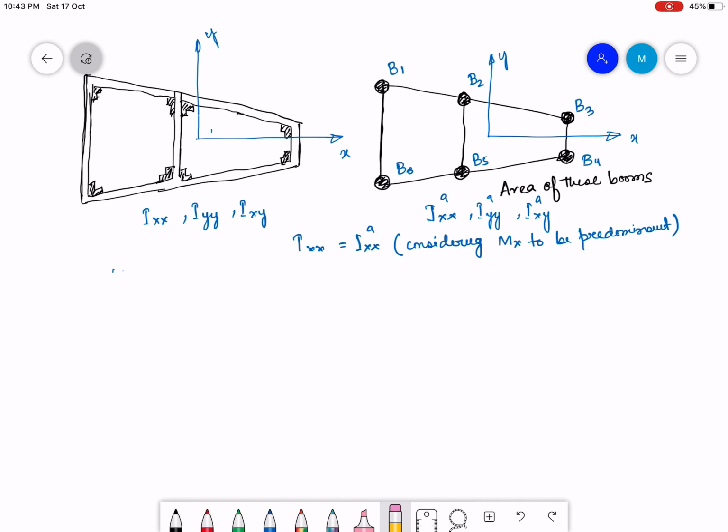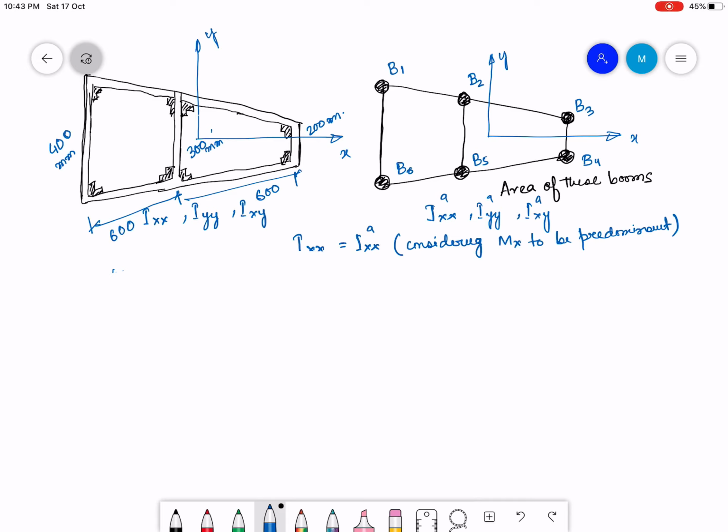So let me write down the dimensions that are given in Maxent. The dimension of this part is 400 mm. Okay, this is of course 300 mm. This is 200 mm. And each of these lengths, from here to here to here, are all 600 mm. Of course everything is in mm.